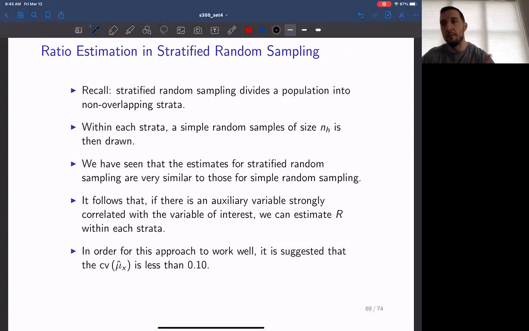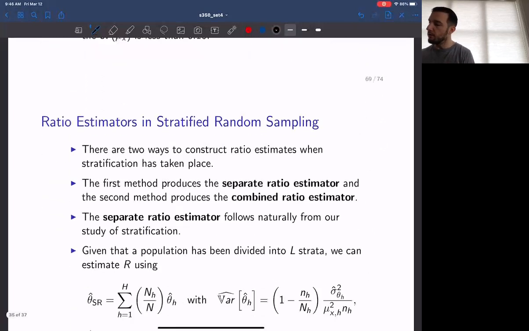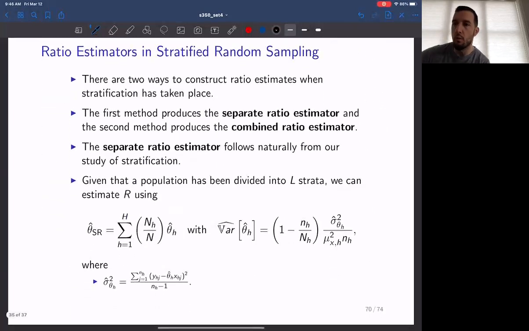So for example, the mean across 3 strata is going to be the strata weight multiplied by the SRS estimate from that strata, summed together. And then the variance is the same idea, except that we square the strata proportion because of how the variance operator works. So it follows pretty naturally that one approach to applying ratio estimation within the context of stratification is